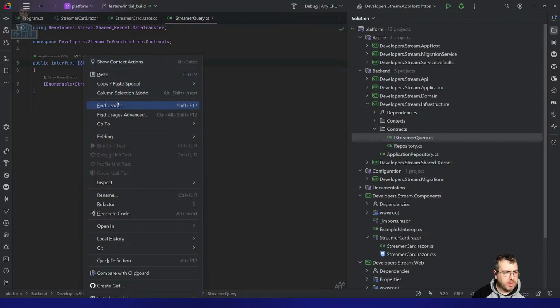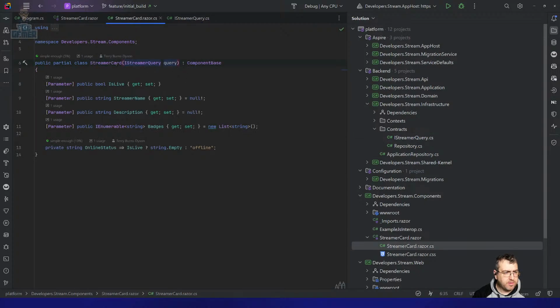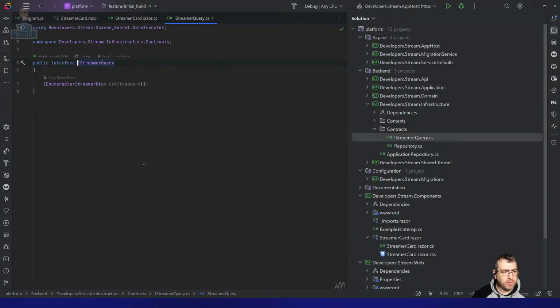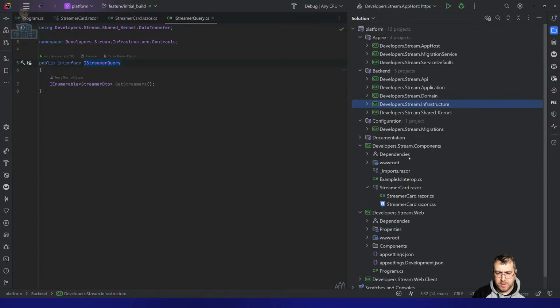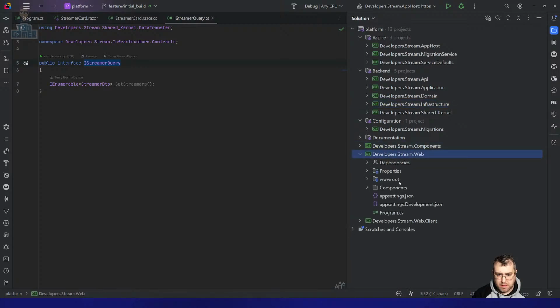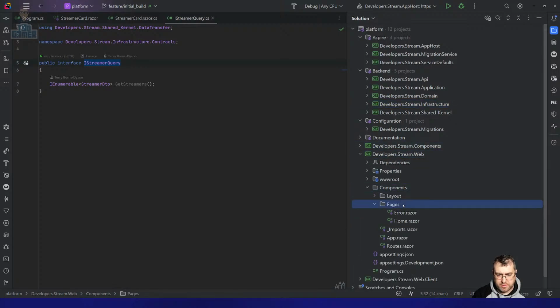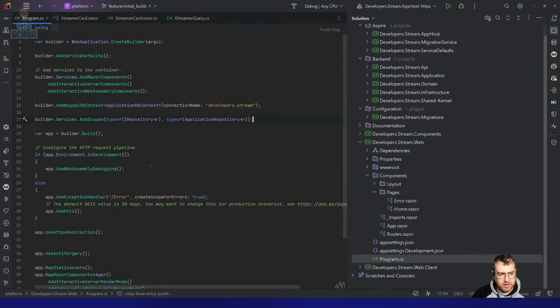I don't think I have any implementations, find usages. Oh, we have a streamer card, ingests a streamer query, but we don't have an implementation of that for this side. So in this instance, we want to configure streamer queries. So we need to